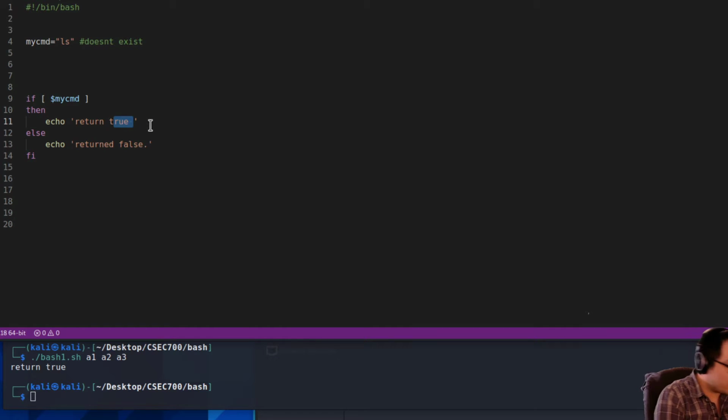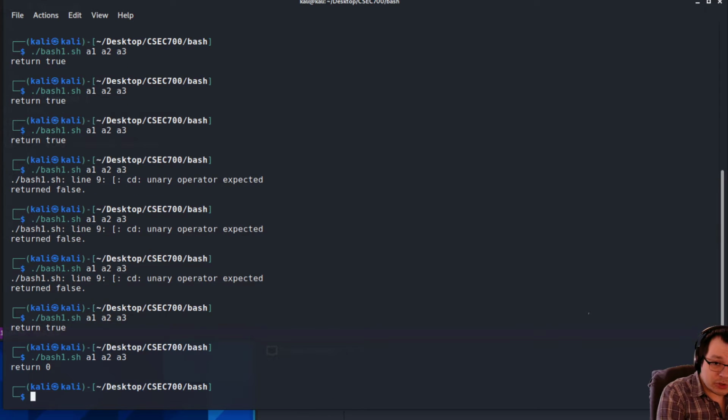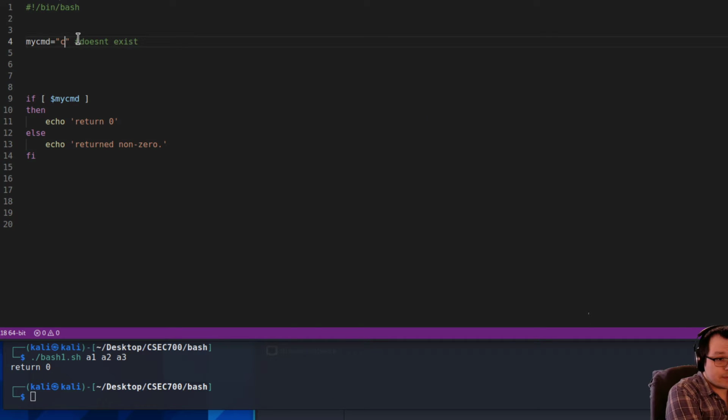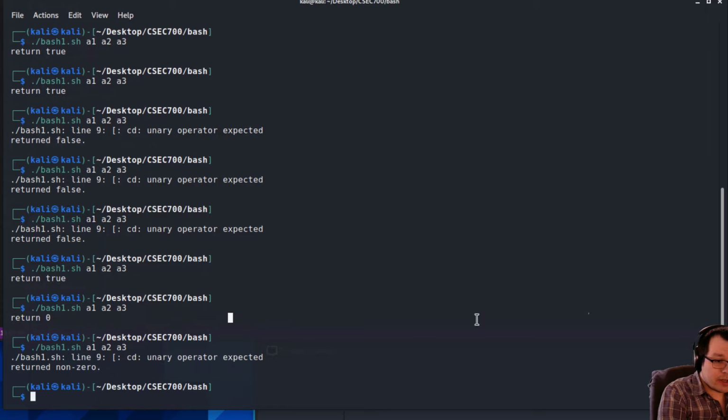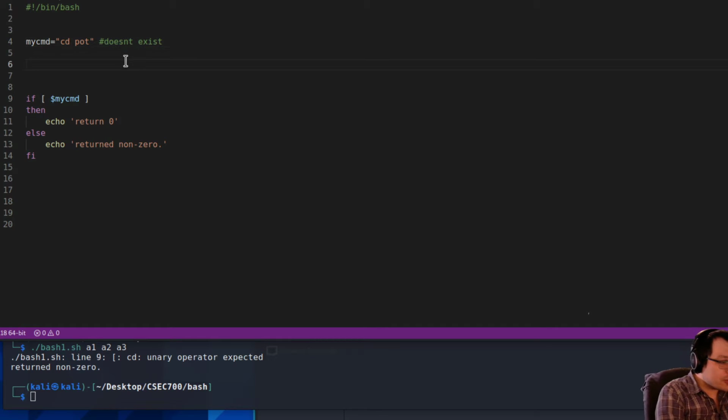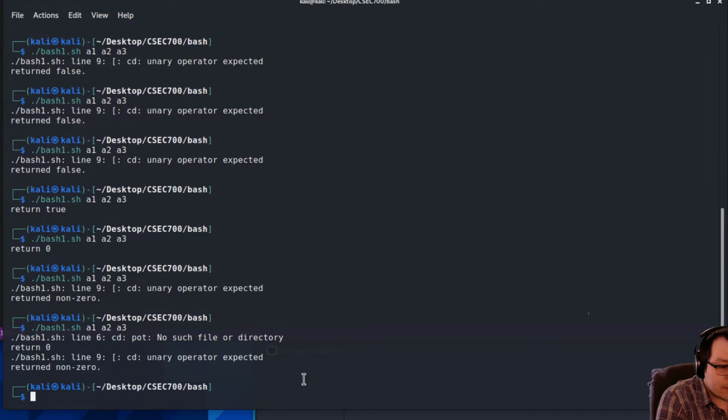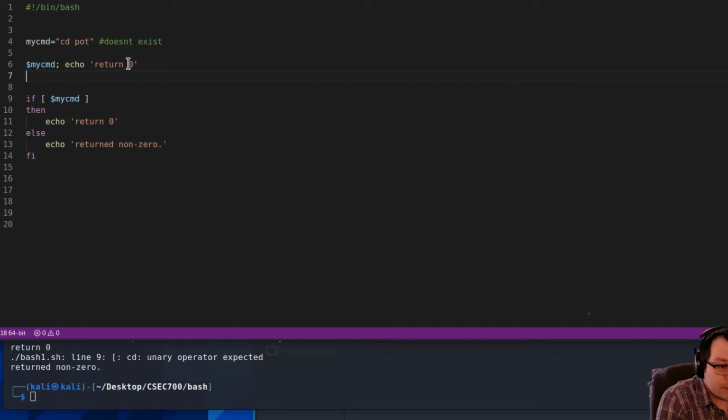In fact, just to make it easier, we're gonna call it return 0, return non-zero. So right now, this is returning a 0, whereas the error one is returning a non-zero, okay? So the shorthand that you can do for this is you can say $myCMD colon and then another command. So in this case, like return 0. And if you do this, then if this command